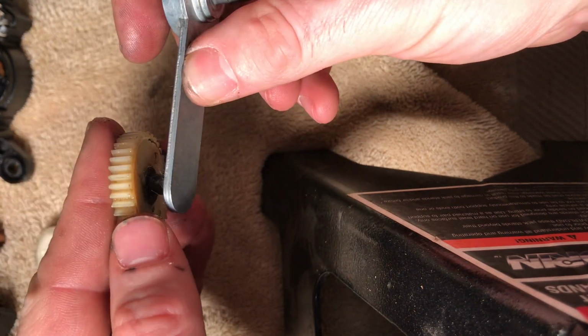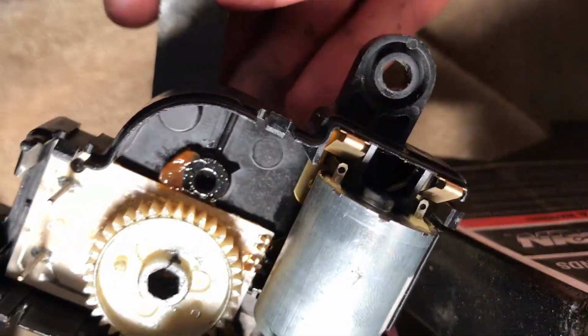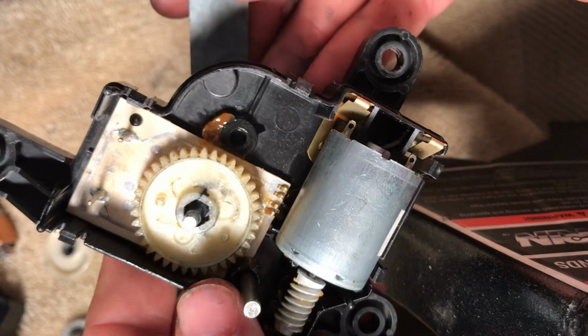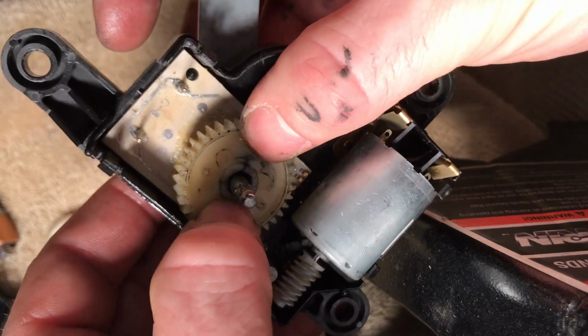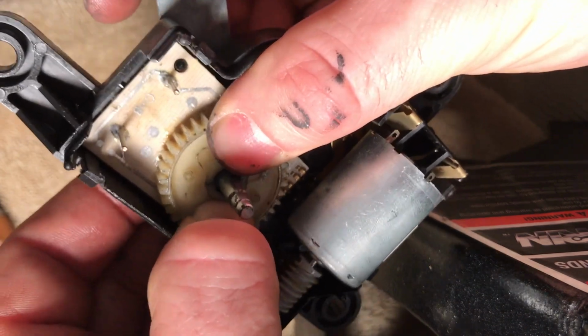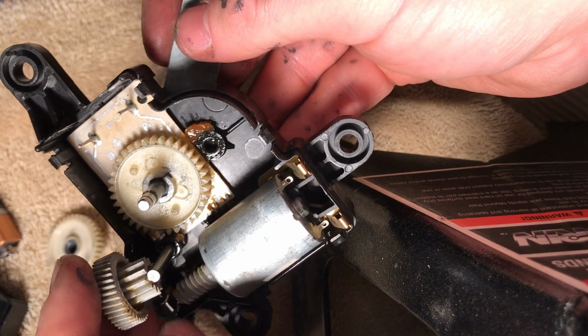So we can kind of do a little cheat here if we want to buy a new one. So then we're just going to flip that gear around. We're going to put this arm back in here, spin it until it catches, and you're just going to push it down firmly. Next, we're going to put our